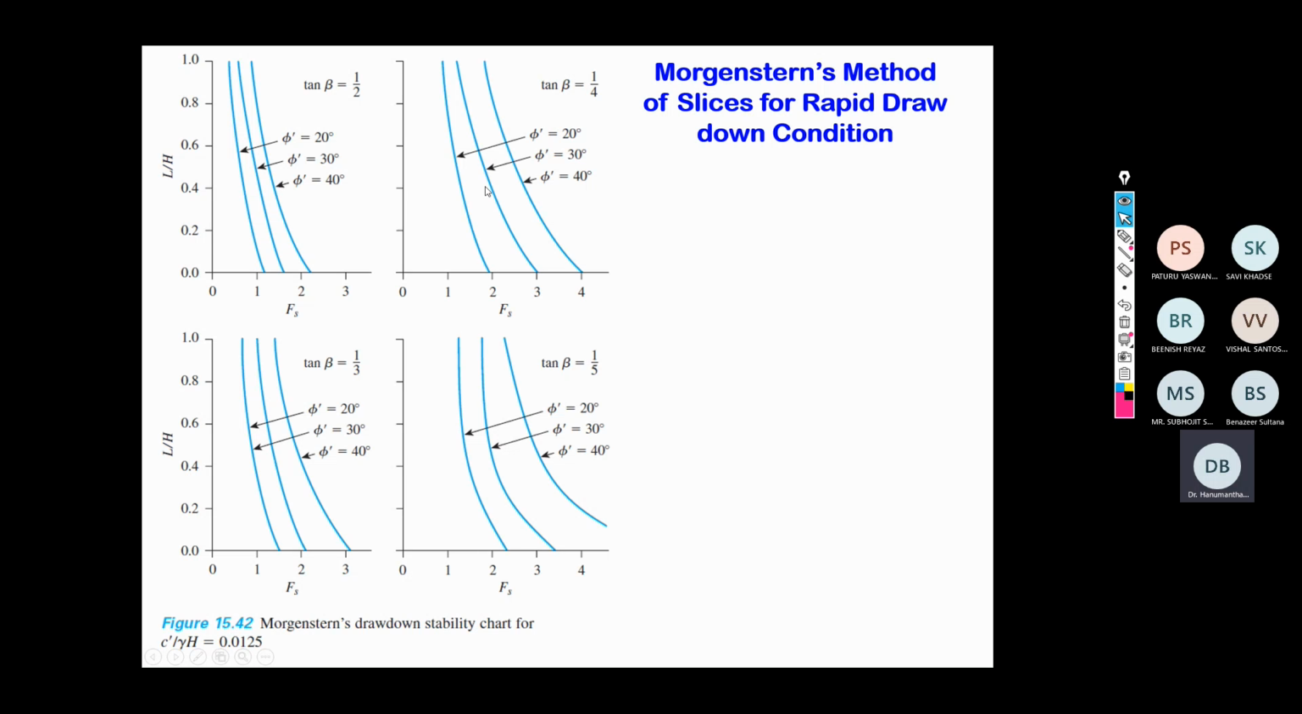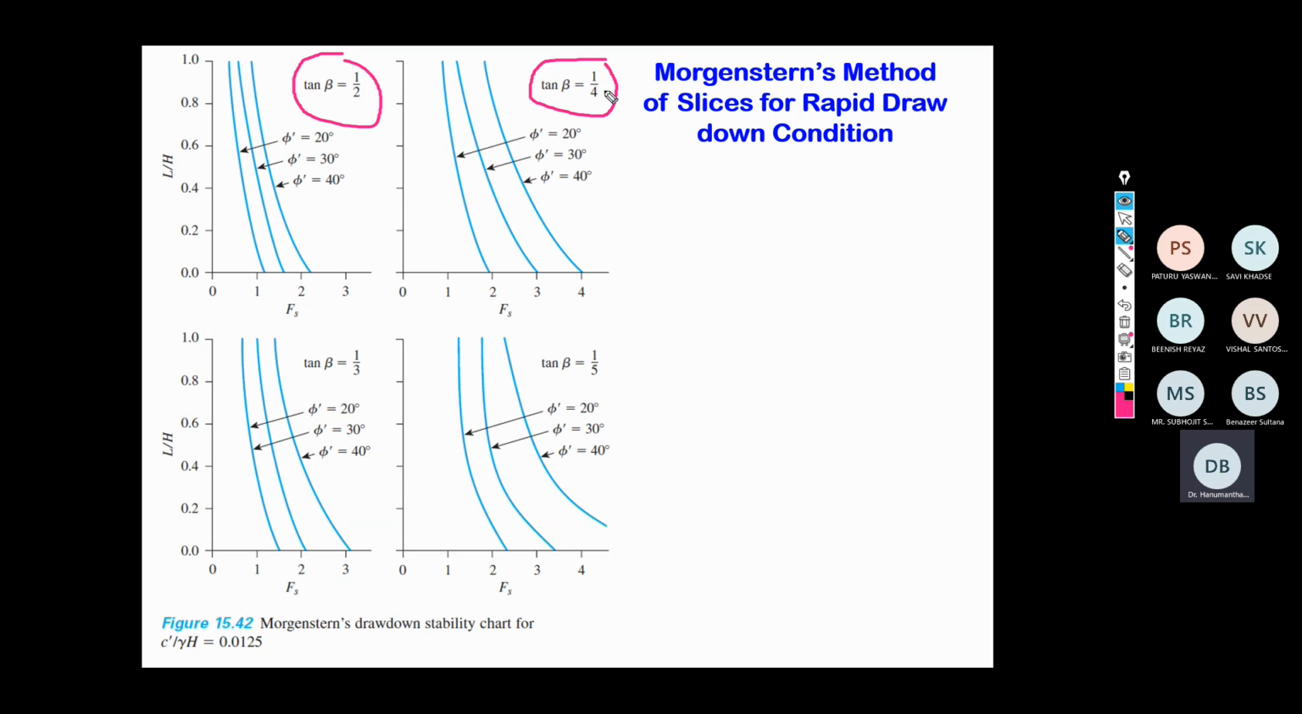Morgenstern has developed several predefined graphs, as we can see in this slide. So this is Morgenstern's drawdown stability chart for c dash by gamma H equal to 0.0125. There are several graphs corresponding to c dash by gamma H of 0.0125, 0.05, 0.1, and so forth. If you look at an individual graph, here 4 graphs have been given, and these refer to 4 different slope angles. The very first one is beta equal to 45 degrees,